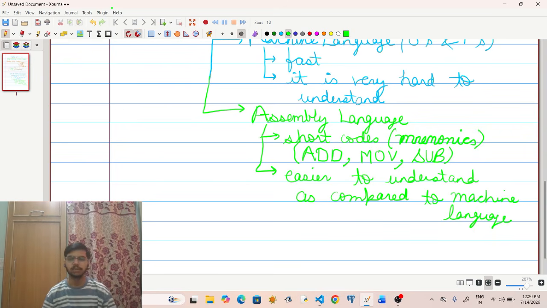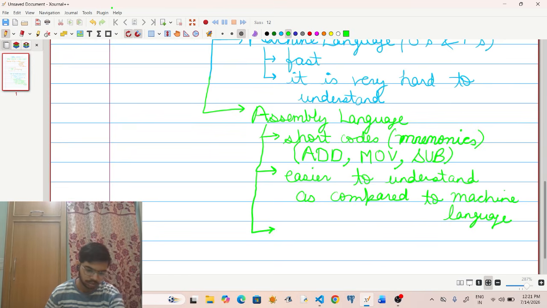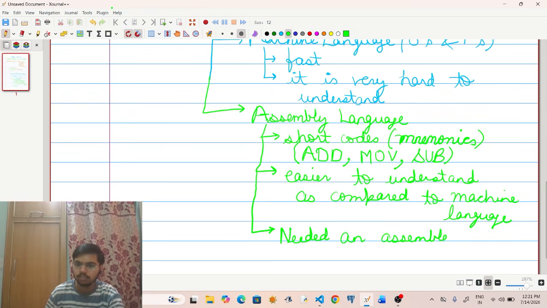Now, this assembly language directly could not be understood by the machine. So we needed an assembler which converted this assembly language into machine language.